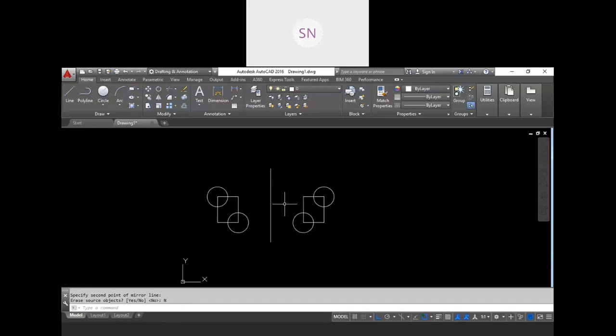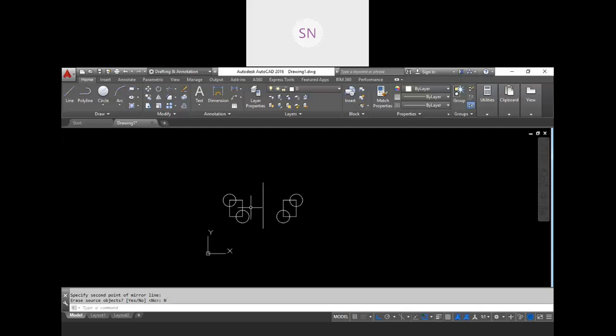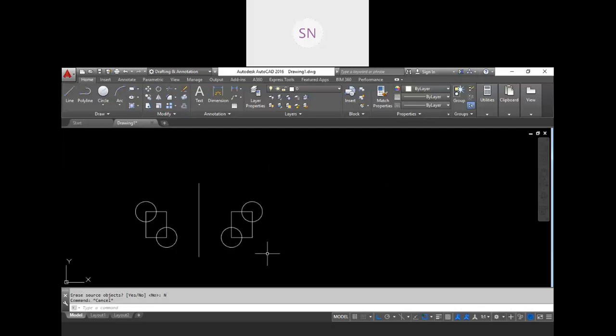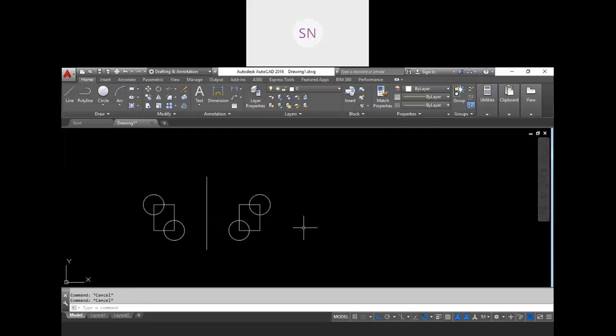Then next we have trim and extend command. So let's discuss that. It's a very important tool for modeling purposes. So now focus, all the students please focus on the screen, how we actually erase or trim that object. You will get that idea now.